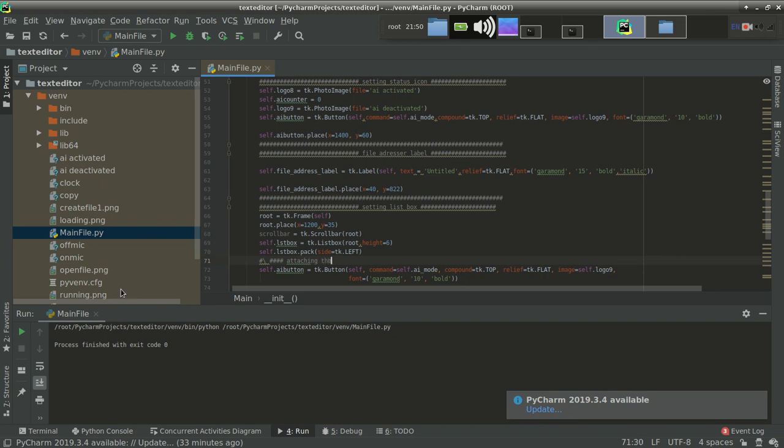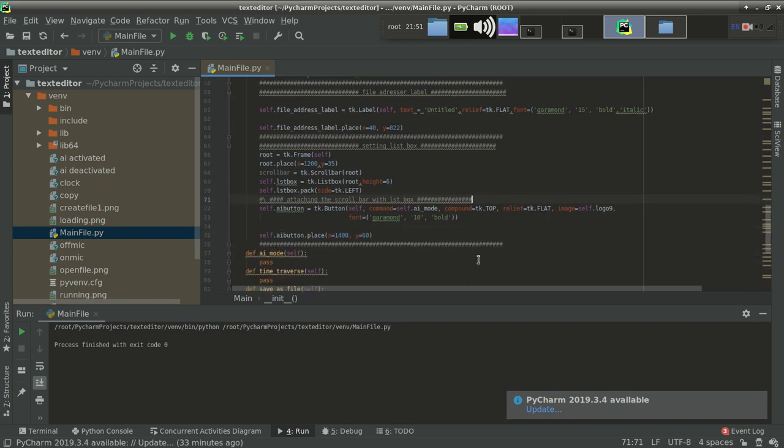Attaching this scroll bar with list box. So let's attach it.